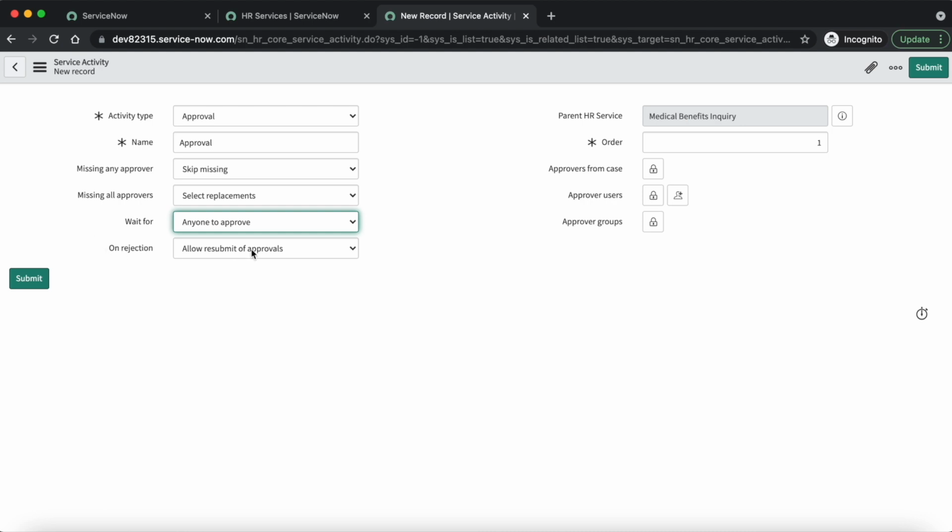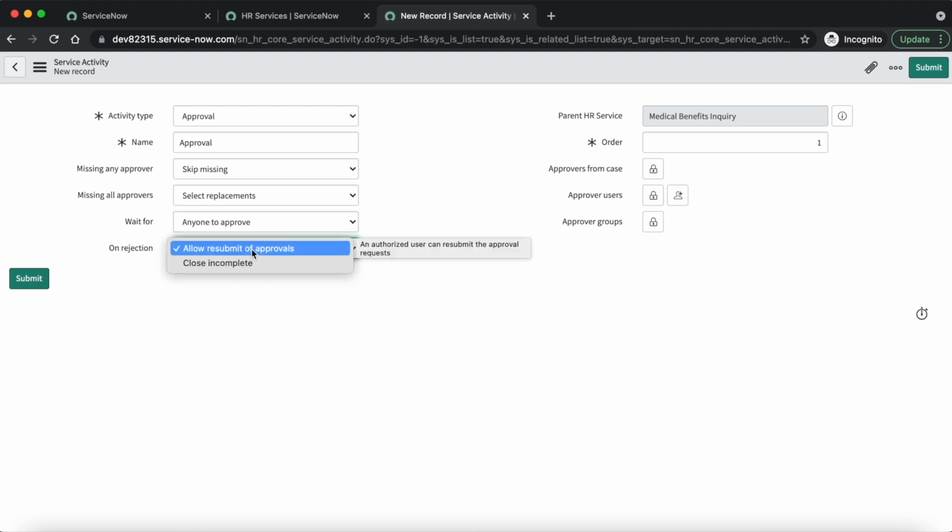Now the next one is on rejection. You can select any action among two when approval is rejected. One thing to be noted here, for the case of resubmit of approvals, when an approval is rejected, the assigned to user for the case can submit another request for approval with footnotes or comments.